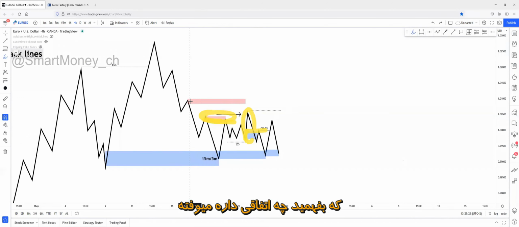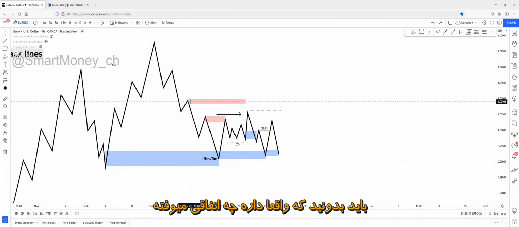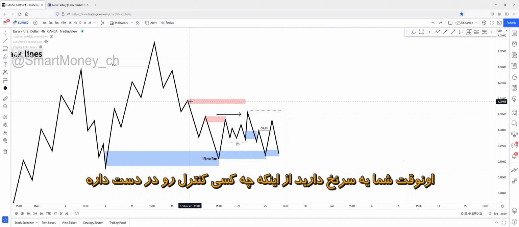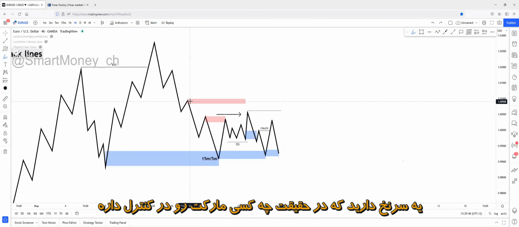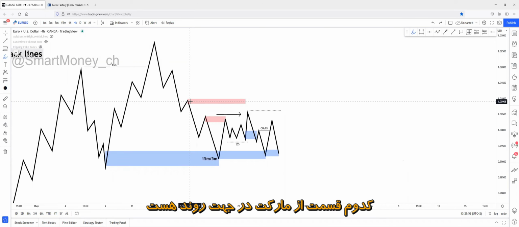It's really important for you to understand what's happening behind price, because it's not enough to know that price has created a flip zone. Yeah, okay, there's a flip zone entry. You have to know what's happening behind price, because if you build a narrative about it, then you'll have a clue who's actually controlling the market. Sellers or buyers are in control. Which side can you trade? Which side is the pro trend? Which side is the counter trend? So it's really important to build a narrative behind the fundamental side of the market too.